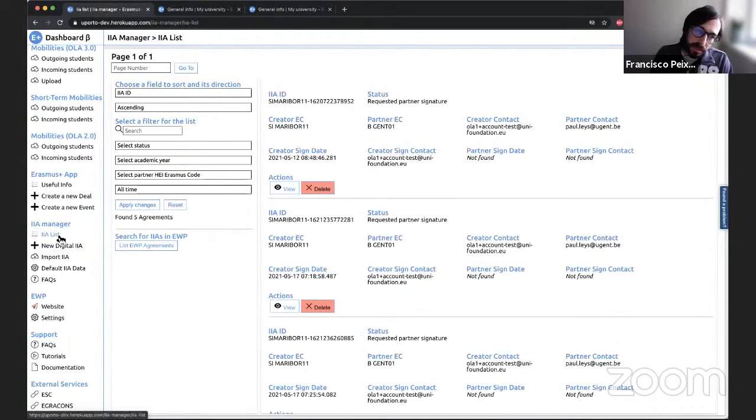Okay, I have one agreement here. If the agreement is signed by both parties, you will just see the status signed by both parties, and you just have the option to view the content of the agreement, because it's already finished and there are no modifications to do on it. On the left side of this interinstitutional agreement list, you will find a menu which will